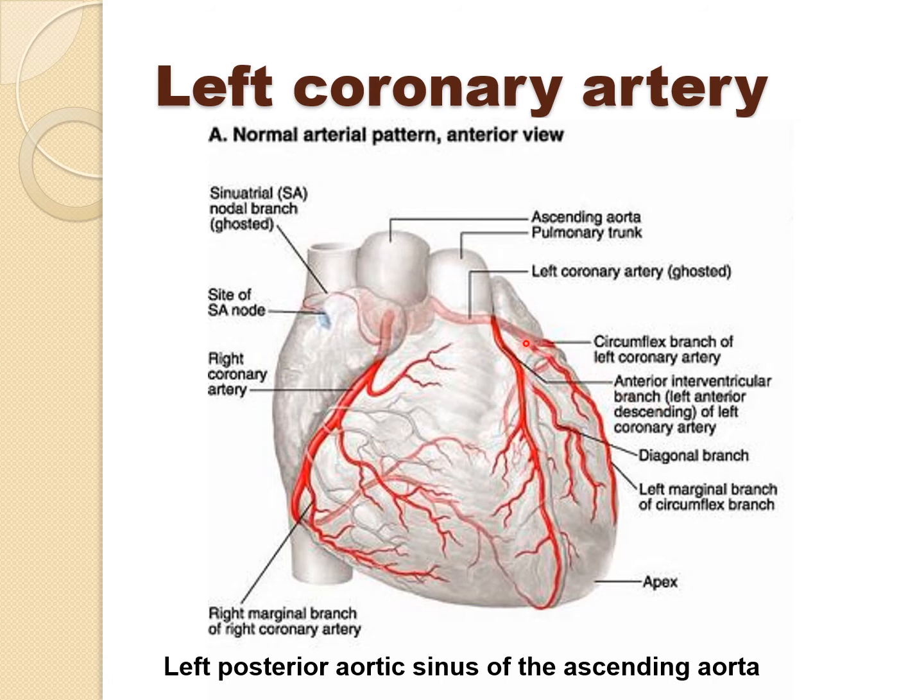Now the second one is the circumflex branch. The circumflex branch runs first along the left part of this atrioventricular groove, winds round the left border of this heart, and occupies the posterior part of this atrioventricular groove, where it anastomoses with this right coronary artery. On the left side of this crux, the circumflex artery lies close to the mitral annulus, which may be damaged in mitral valve replacement. Branches of the circumflex artery: it gives the atrioventricular rami, sinoatrial nodal artery, left